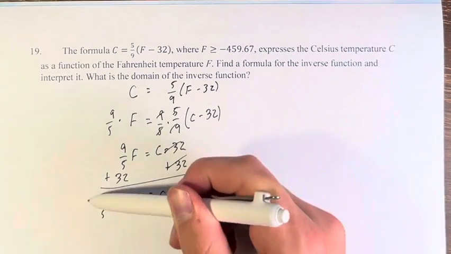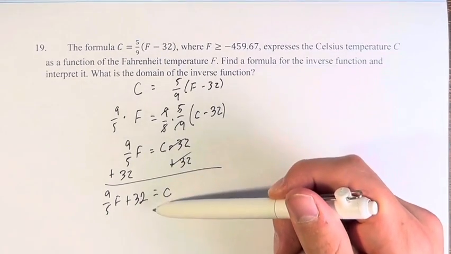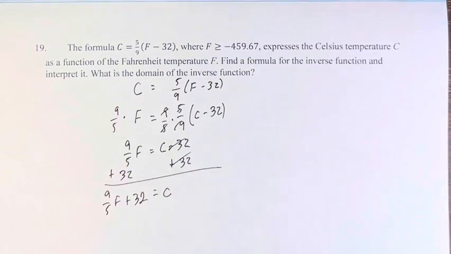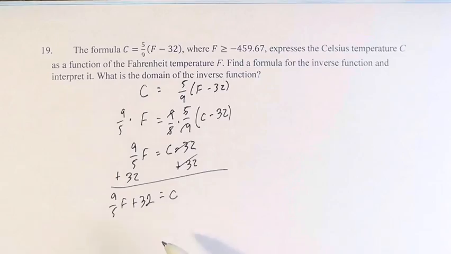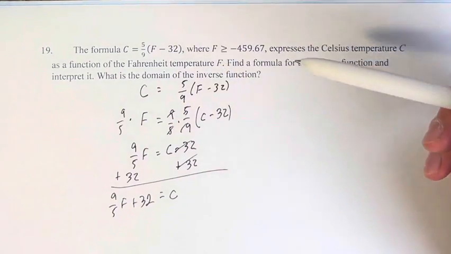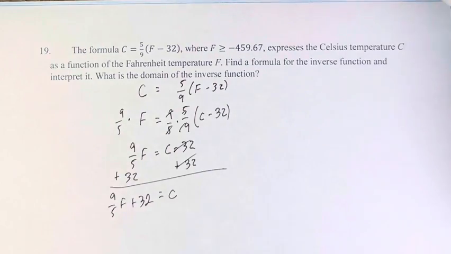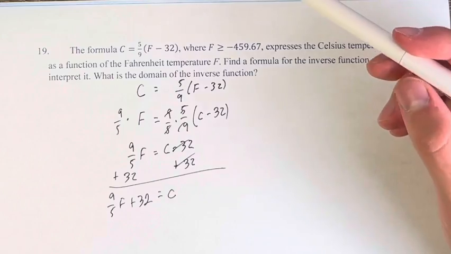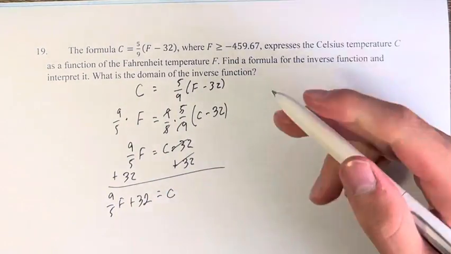And here we have the inverse function. This is the standard way that you find the inverse function, by switching the variables. And what we would expect is that this is interpreting the Celsius as a function of Fahrenheit. However, that's not actually the case, because we actually already have that. C is equal to 5/9 times F minus 32. Here, we actually have Fahrenheit in terms of Celsius,